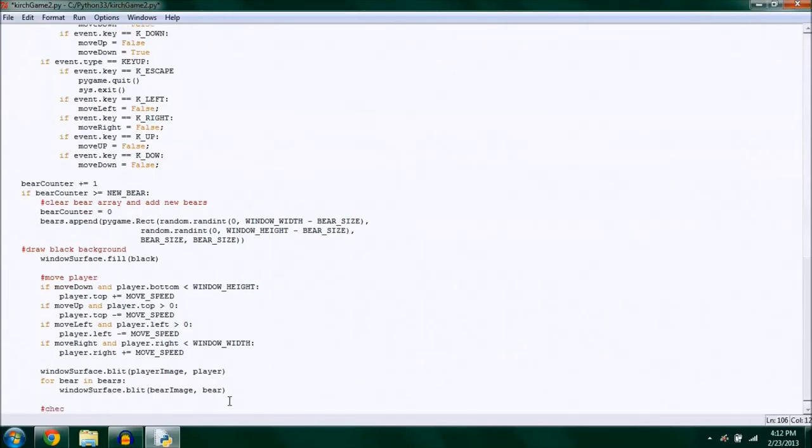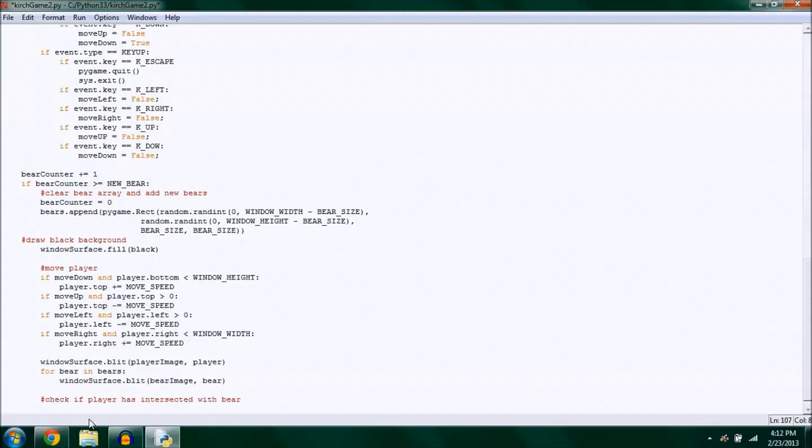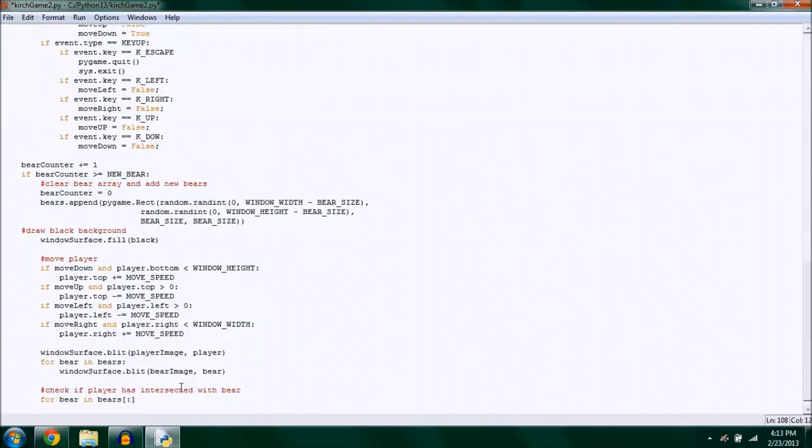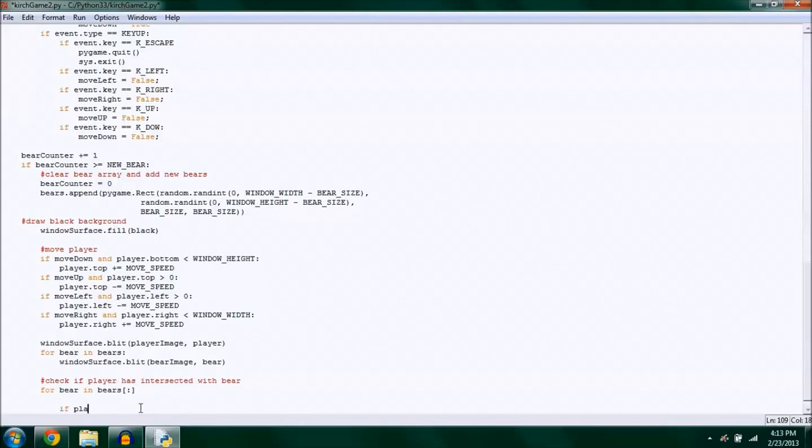Okay, now we're going to check if player has intersected with bear. We're going to check to make sure that the player hasn't intersected, and if they do, we're going to make the bear explode or disappear. So for bear in bears, and this time we're going to add a little bracket semicolon, and that makes a copy of the array, because if we actually set it to interact with the bears in the actual array, it doesn't. I'm not going to get into the technical stuff, but basically if you try to interact with the array itself instead of a copy of the array, it doesn't work well. The removal of bears basically won't happen. It'll be buggy. So if player.collide, collide rect